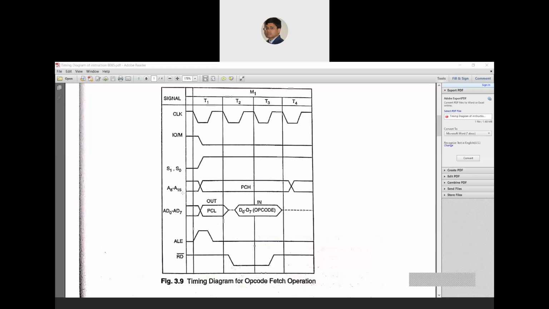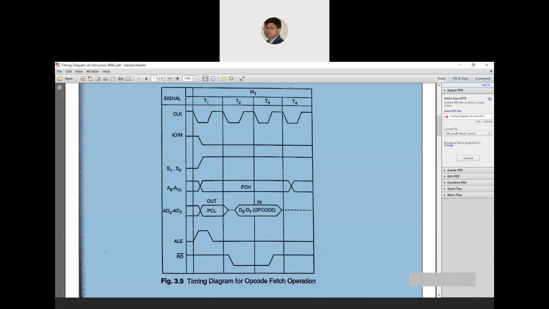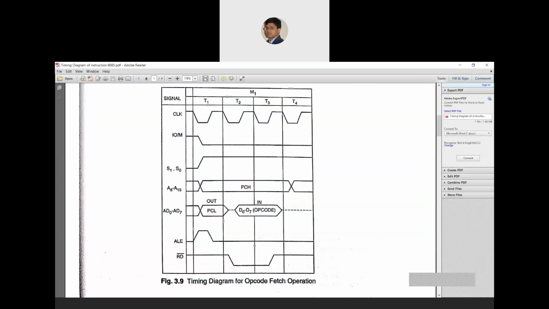Suppose A8 to A15 are shown in this way. As there are 8 lines, the 8-bit combination will change from 1 to 0, 0 to 1 differently, so it is not possible to represent this bus using only one line. So I have to take this representation, and throughout this cycle,